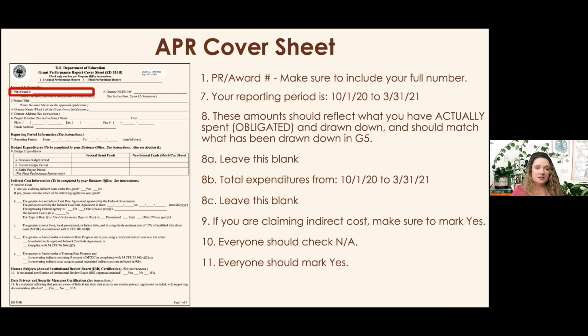The first thing is this PR award number area. Make sure that you're using the PR award number from this specific grant. Double check it.